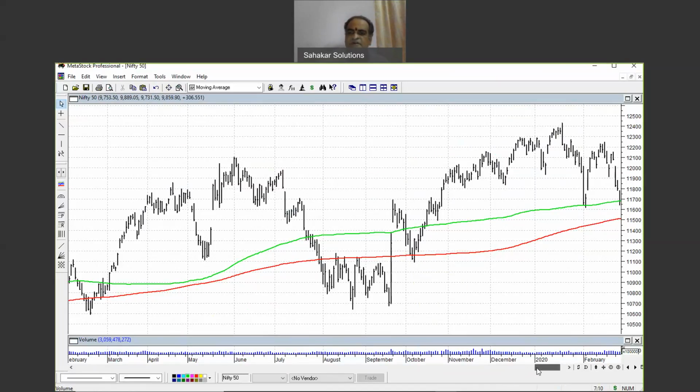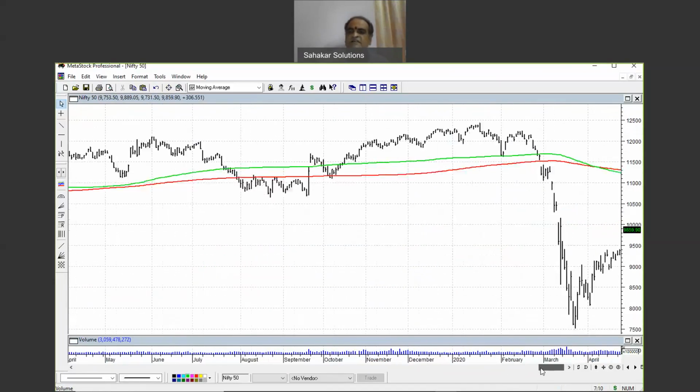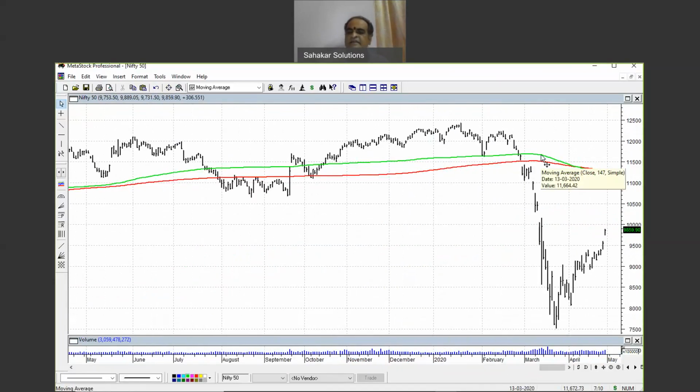And you can see for now, till this place, that is 13/3/2020, when here on 26/2/2020, the price crossed both the moving averages signals and fell, and from here onwards the slope of the moving average started going down and it crossed here. So when the price crossed both the moving averages, you can see the fall in the price from 11,663 to 7,000 and odd. So there is a fall of around 4,000 points.